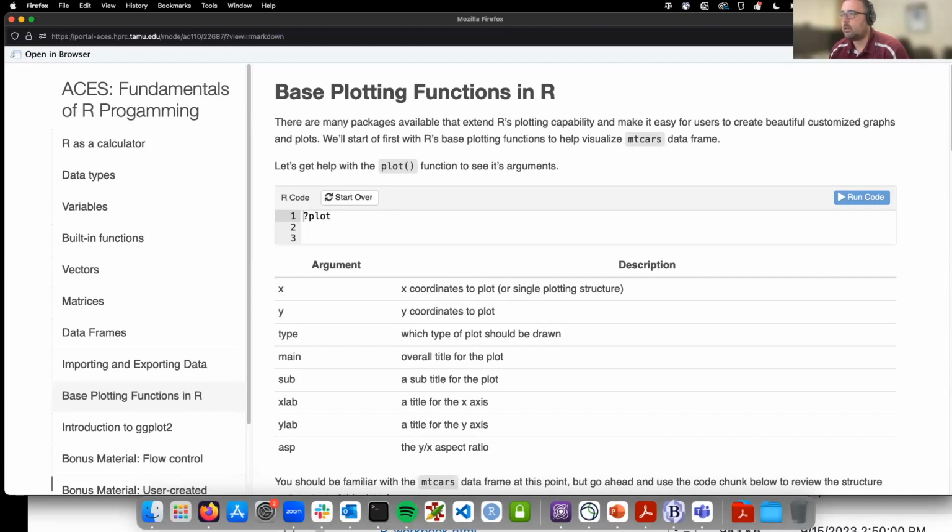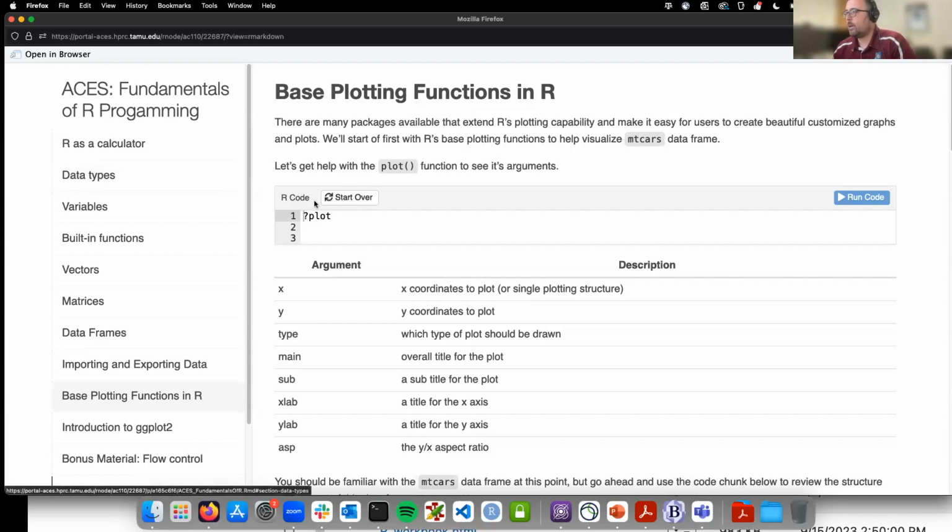To create really nice looking publication ready graphs, you'll likely want to use a different package, such as ggplot2, which is a really popular one for graphing. We're going to go over the base plotting functions first, as the packages often use the same kind of